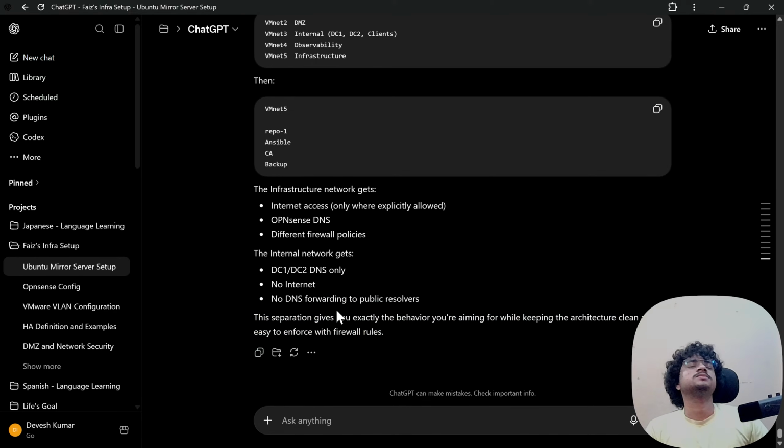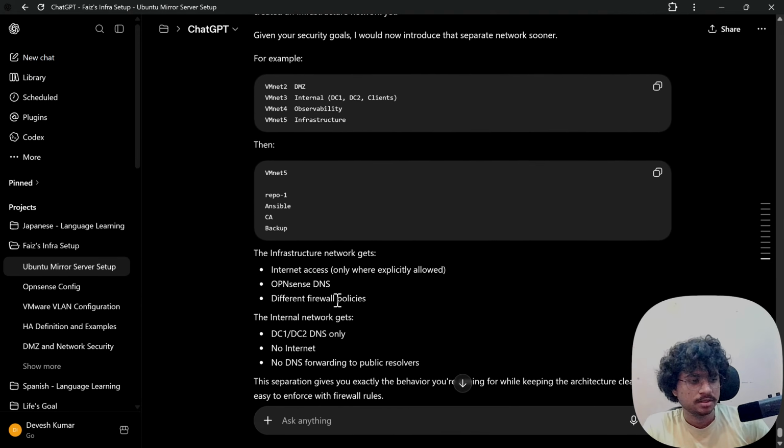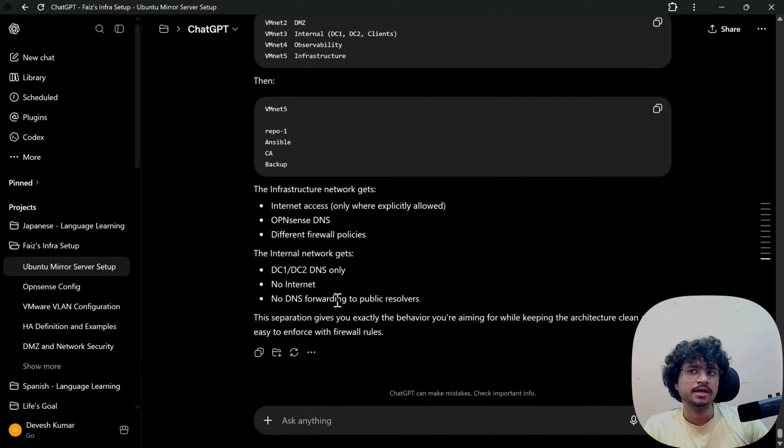That does make sense, but when I studied the topic before, it wasn't quite like this. It specifically told me that I need to deploy this mirror server on the internal network itself, but the internal network has no internet.